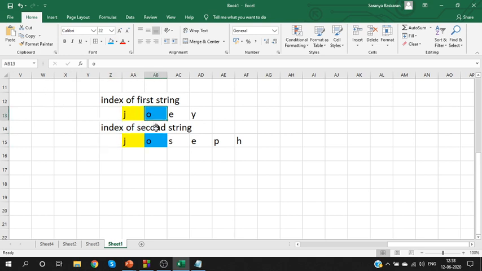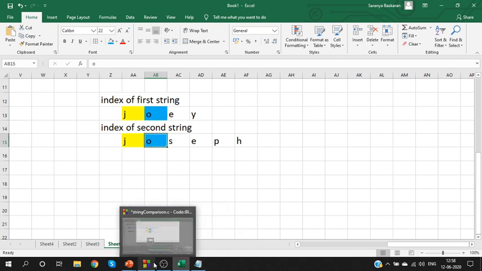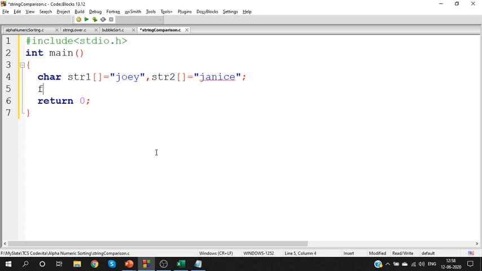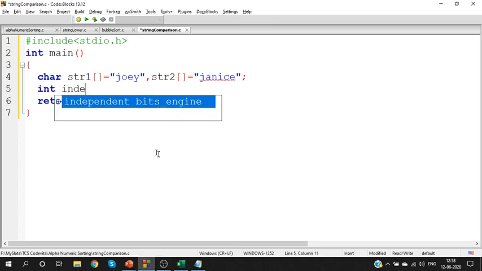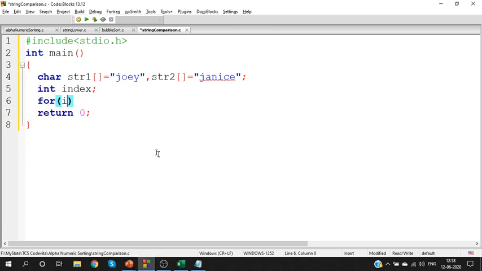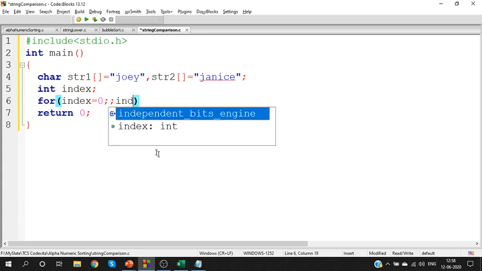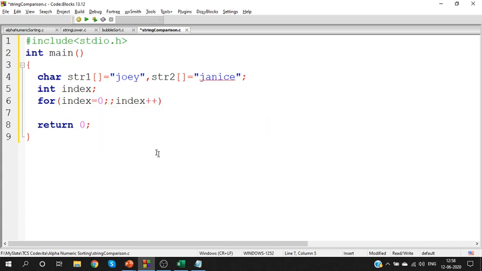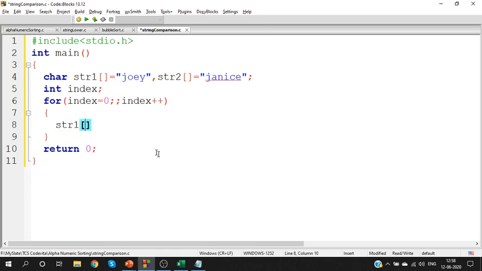If it is first index here, take the first index here. So I need only one index variable because we will use the same index for both the strings. Index starts from 0, index plus plus. For str1 as well as str2, we will use the same index. Can you all understand up to this?